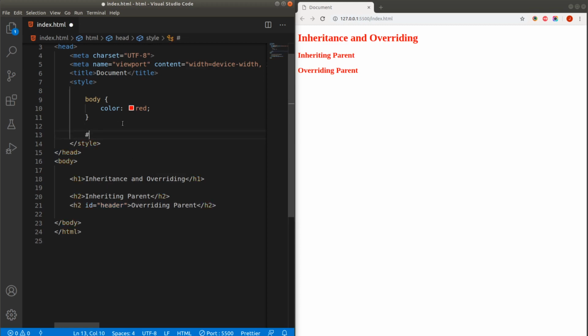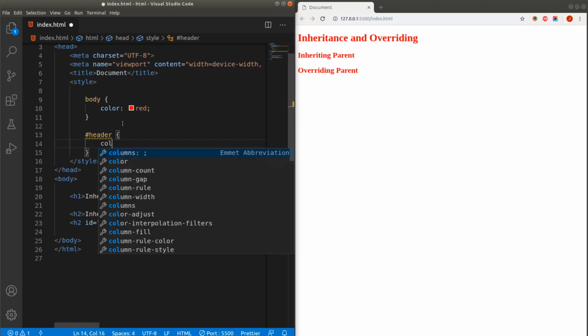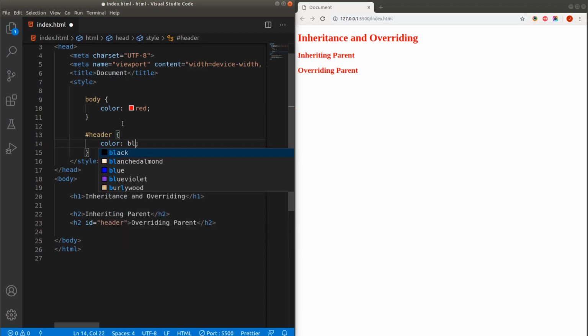So I will specify a pound sign here, then the id name, and inside the curly braces I will specify the overridden property. I want to override the color property, so I will specify a different value like blue. Let me save the changes, and look, the color of my heading becomes blue. So in this case we are overriding the color property of the body element inside the child element, and we are making it blue, and this concept is called override.